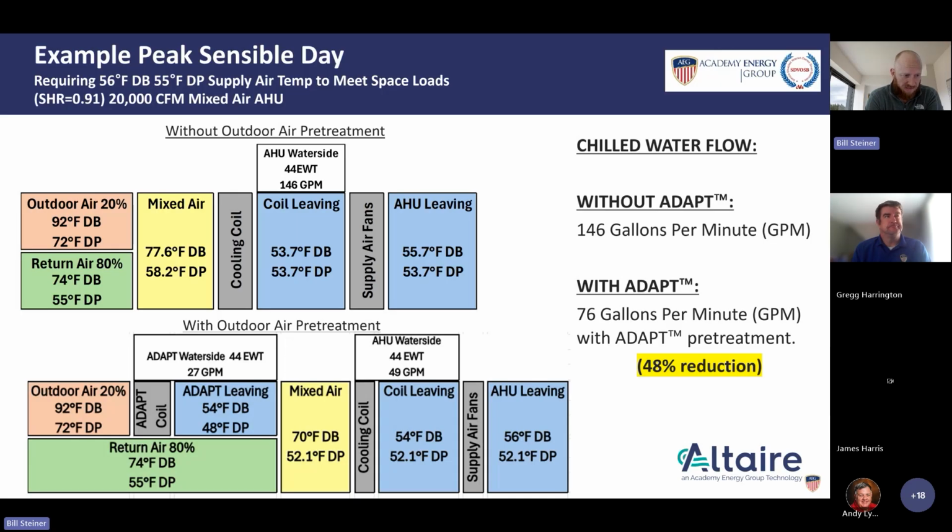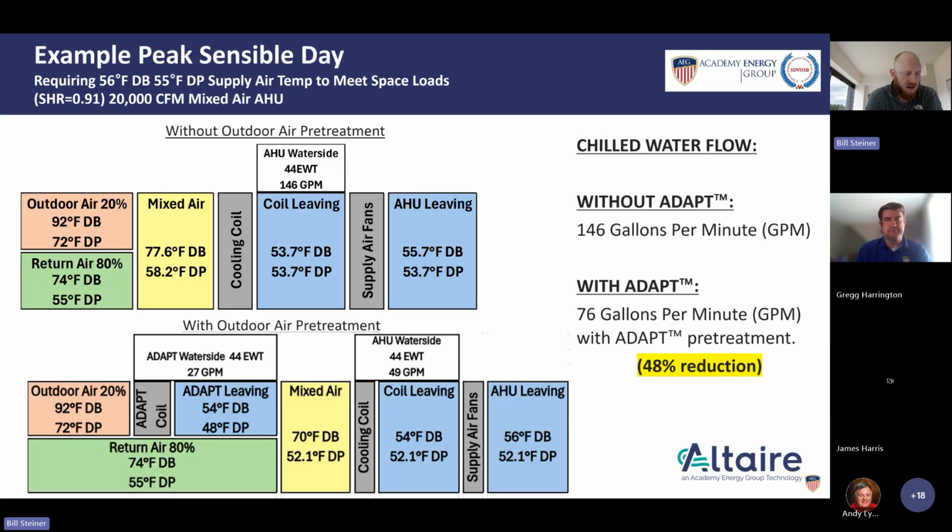Mix that, gives us 77.5 degrees with a 58-degree dew point. Great. I've got to cool all of that down now to about 54 degrees to make sure that we've got a little buffer on our dew point. And then our supplier fans are going to give us a couple degrees heat. A fan will put us right on target for our supplier